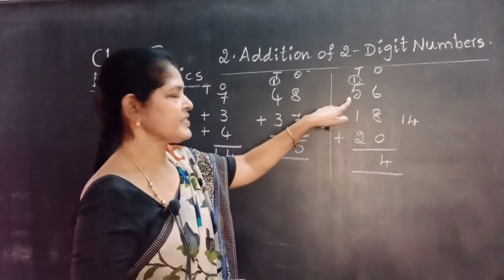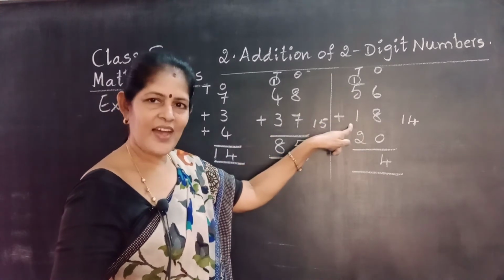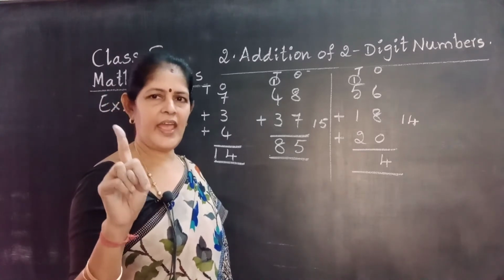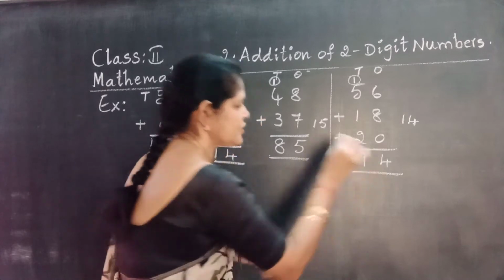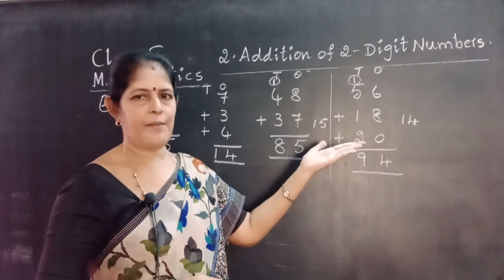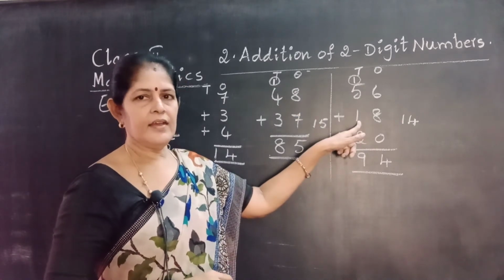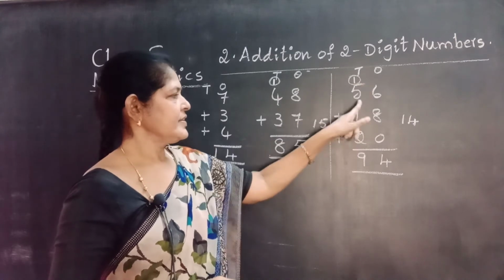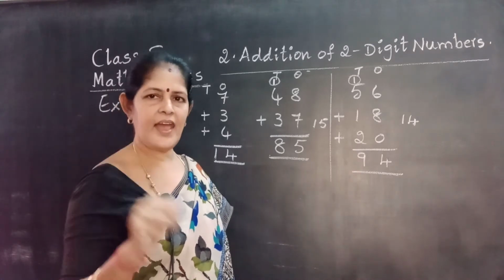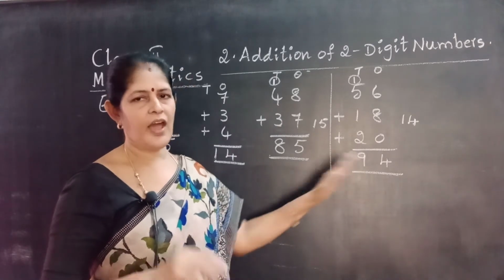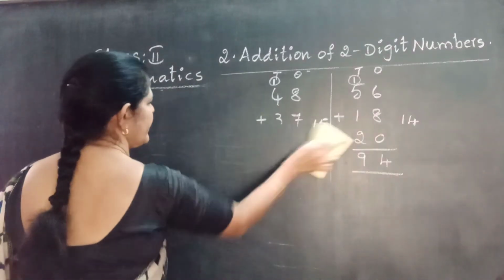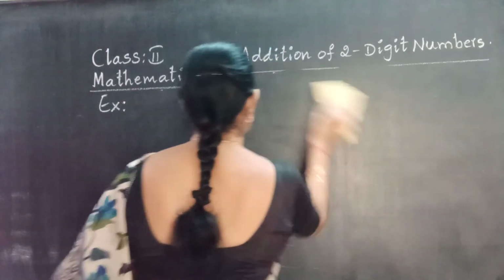Start from here. 1 plus 5, 6. 6 plus 1, 7. 7 in the mind. Take 2 fingers, 7 after: 8, 9. 9 is written in the tens place. What is the total? 94. Here we are going to use that fact: 5 plus 1, 6. 6 plus 1, 7. 7 in the mind. Take 2 fingers, 7 after: 8, 9. Total is 94. Do you understand? Okay. Another examples. I showed you 2 examples. Then go to the next concept.